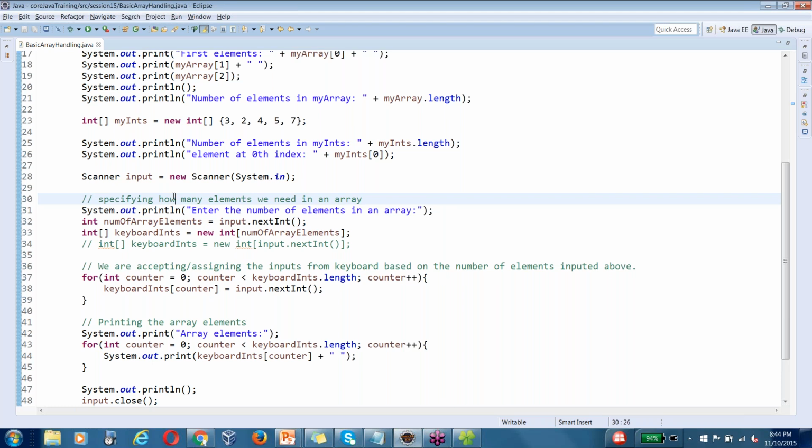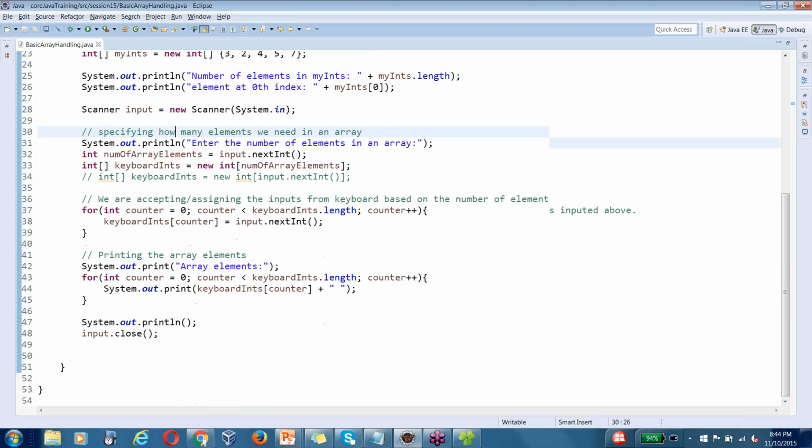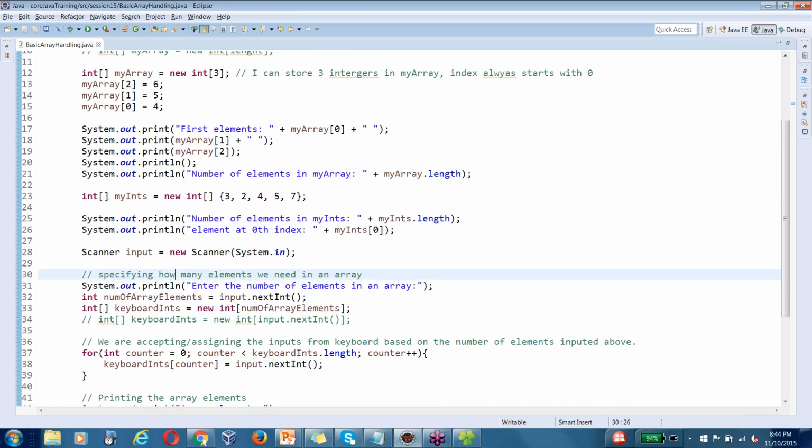Whatever concepts you learn, try to put them in a program. Test it. Test your knowledge. Whatever knowledge you gain from the session, test it. Then only will you get a better understanding of your sessions. So this is one example, some basics of